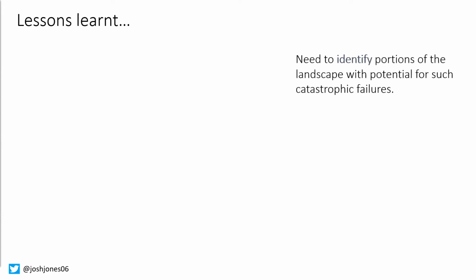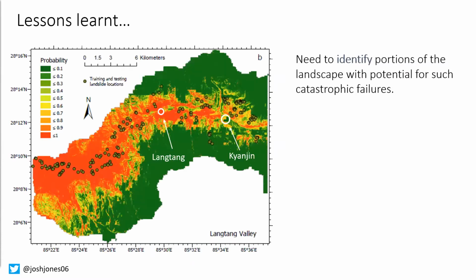So events of this scale, like I say, can't be mitigated. No wall is ever going to stop an event that's this big. So we need to know where landslides like this are likely to occur so that we can try to avoid them. Now, this typically involves developing what we call susceptibility maps, such as the one on the screen here that I've modeled for this region.